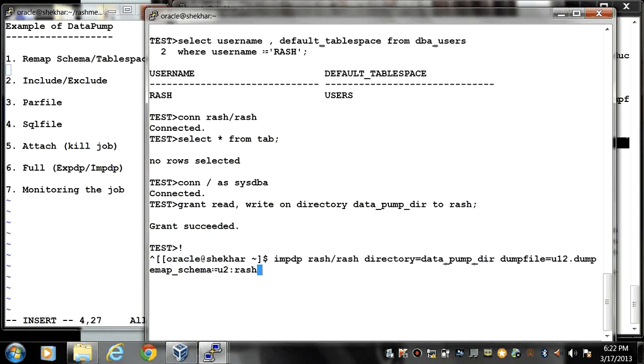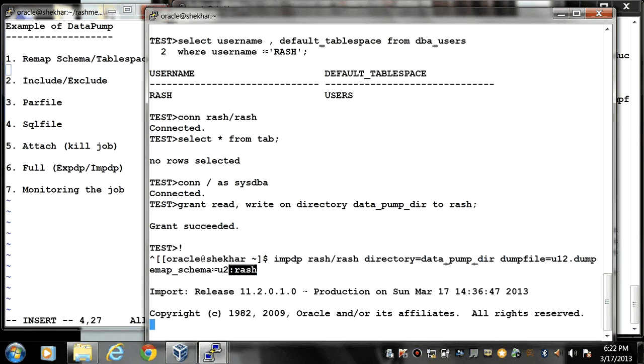So u2 is my source and rash is my target. All objects will be remapped from u2 to the rash user.